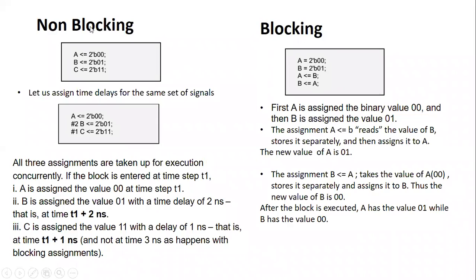Here I have given an example for non-blocking. I've considered A <= 2'b00, B <= 2'b01, and C <= 2'b11. What does this mean? If all these statements are put within an always block, A, B, C, everything gets executed concurrently at the same time. So A will be equal to 00, B will be equal to 01, C is equal to 11